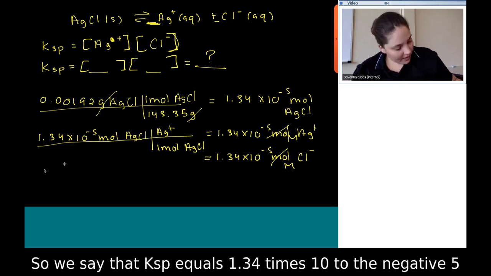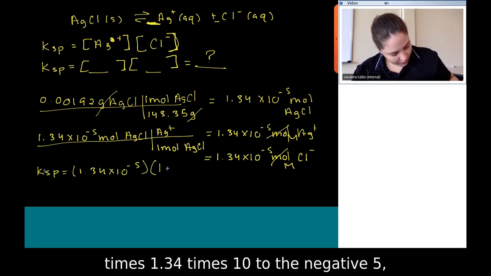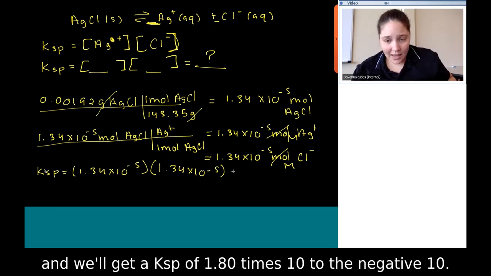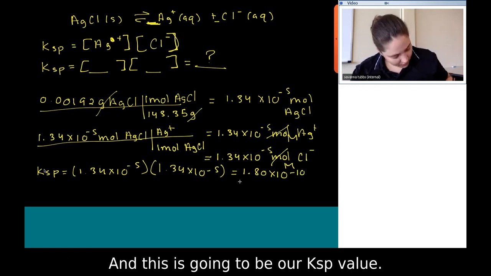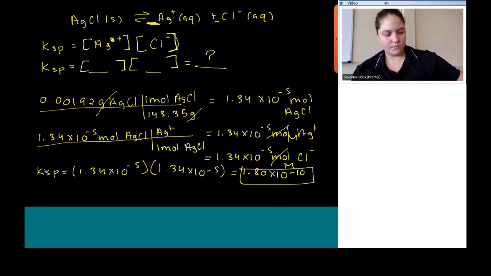So we say that Ksp equals 1.34 times 10 to the negative 5 times 1.34 times 10 to the negative 5, and we'll get a Ksp of 1.80 times 10 to the negative 10, and this is going to be our Ksp value. Okay,